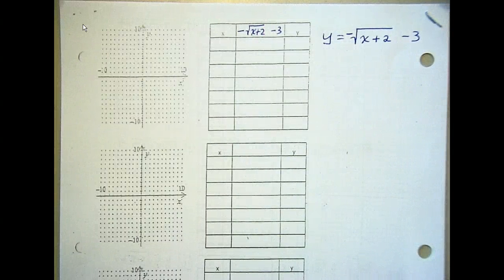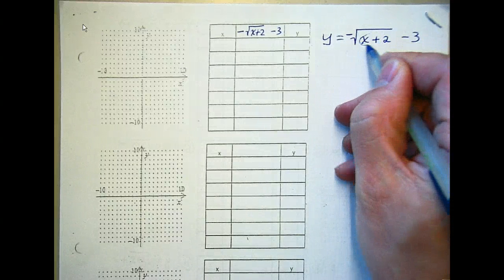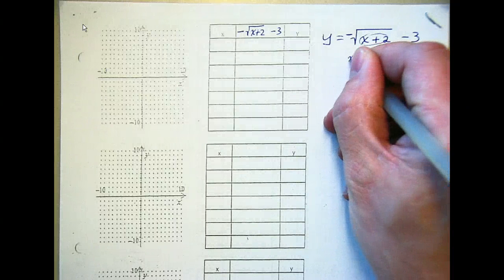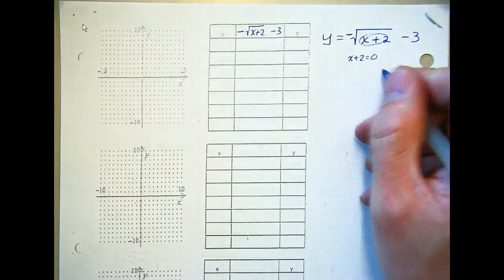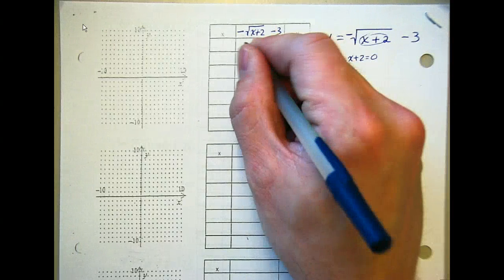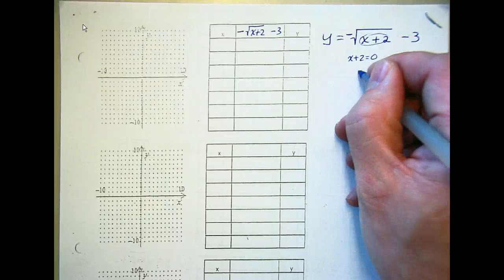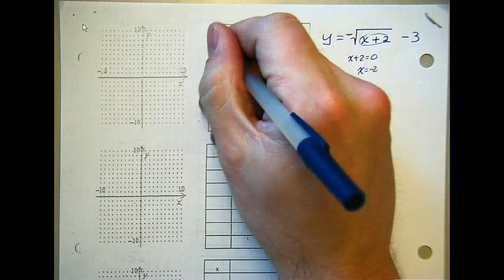Okay, and so going through and trying to fill that in, remember, we're trying to make this thing inside here become, what do we want x plus 2 to equal? 0. Good, we want it to equal 0. Okay, that's our first one. So if we can get that root to equal 0, what do we have to plug in for x to make that happen? Negative 2. Okay, so when x is negative 2,